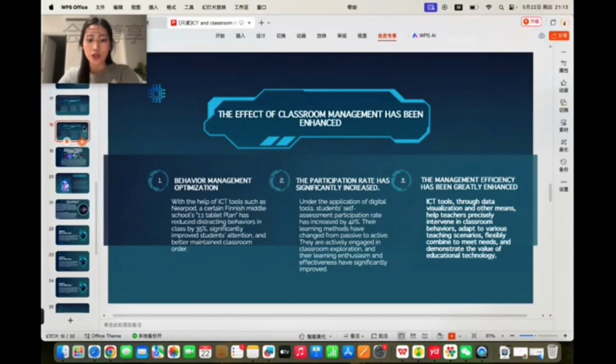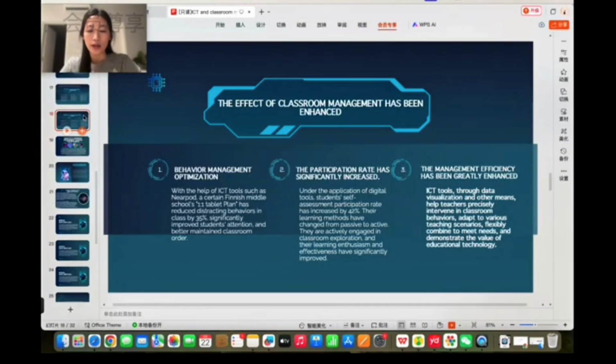The submission rate of assignments has risen, and the learning approach has shifted from passive to active, so students actively explore knowledge. Firstly, information management tools help teachers regulate classroom behavior and adjust teaching schedules,